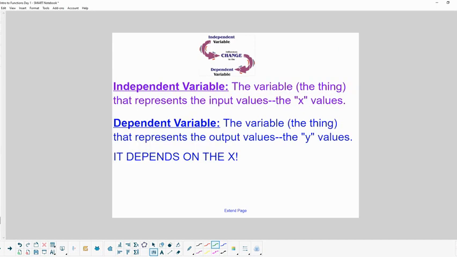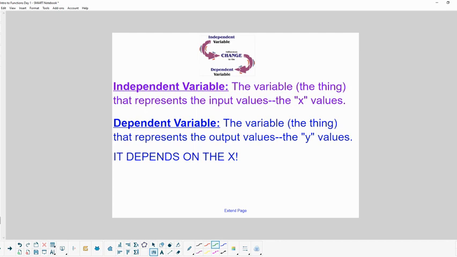We have x and y, and the variable, the thing that represents the input values, is the x value. That's usually the independent variable, which means we can choose what we put in for x. We can put in a 0, we can put in a 1, we can put in a 2, or whatever we want. But once we choose an x value,